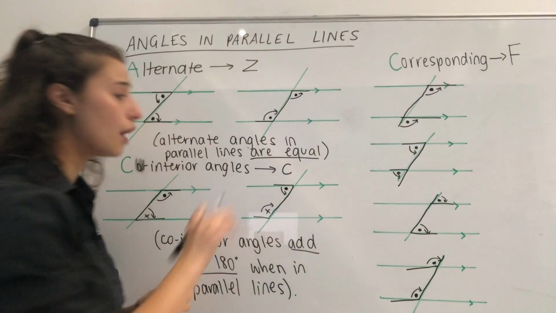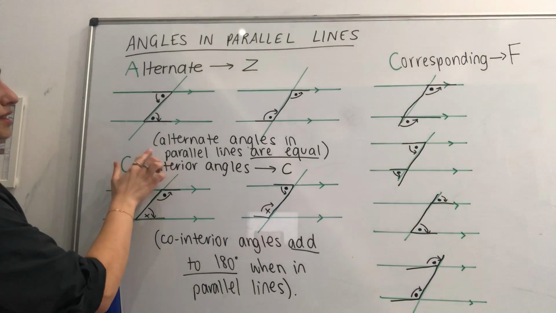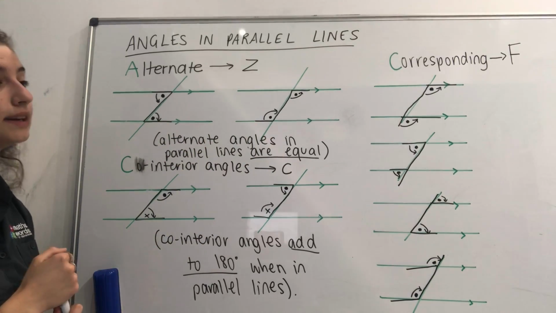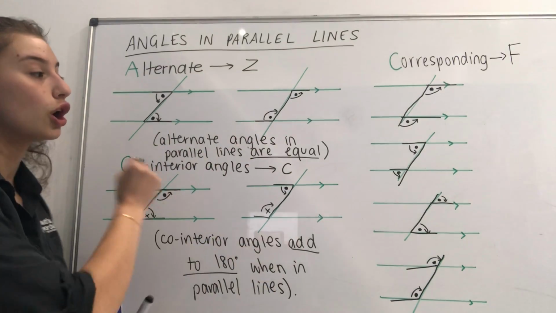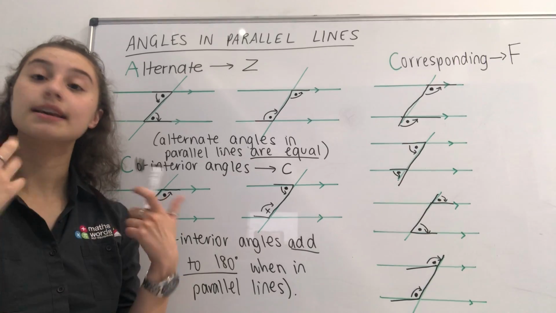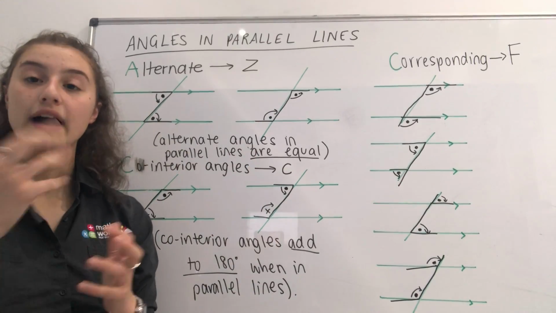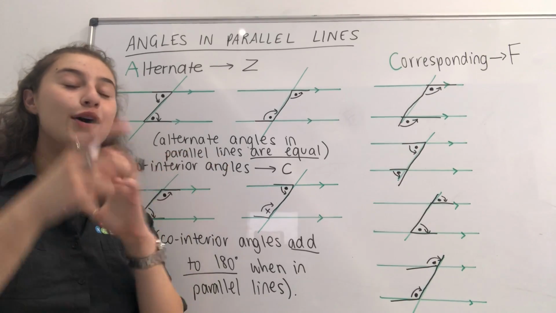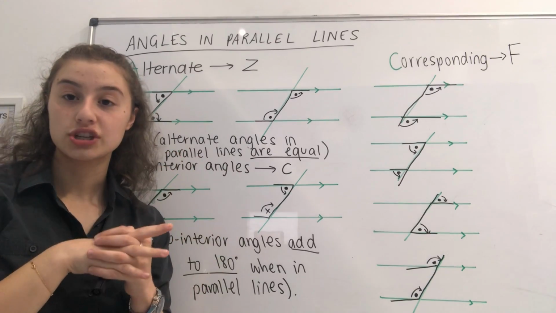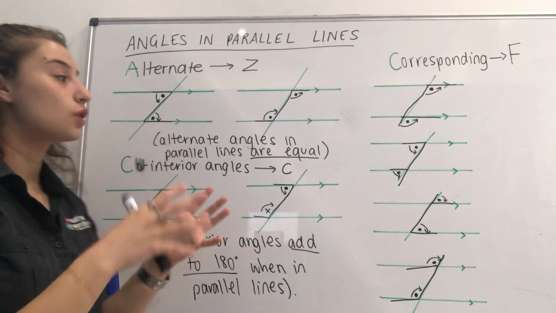Alrighty, I won't write that one up. It's identical to this one, except that your proof here is corresponding angles, and it's very important that you learn how to see these, because there's going to be multiple questions where they're not going to say to you, find the co-interior angles, find the alternate angles, but those are going to be within more complex shapes. Alright, as always, try a few